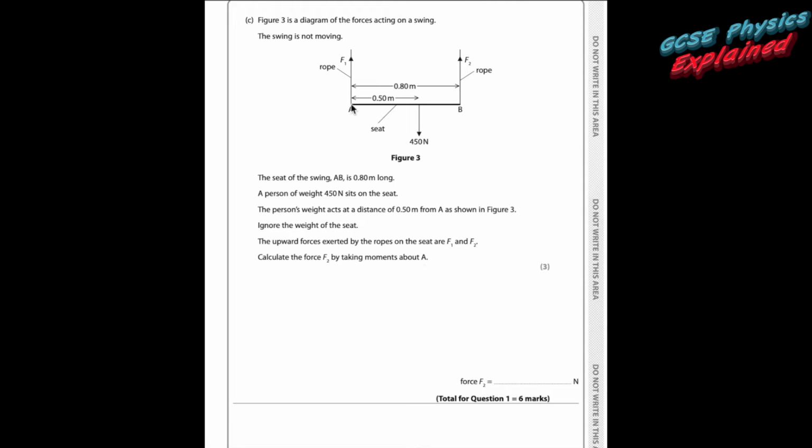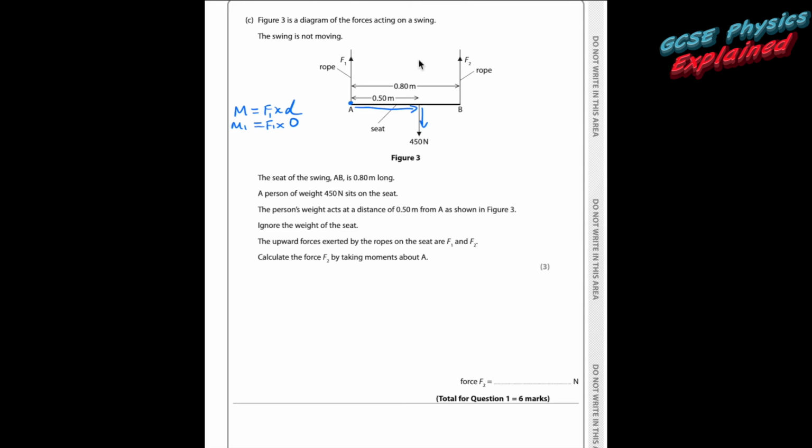Right, because we're taking the moments from A, and F1 comes up through A, the moment will equal force times perpendicular distance, but the perpendicular distance will be 0, so we can basically forget about F1 because it's not going to create a turning effect. So the only turning effect we've got is that distance there times that force there, and that'll be going